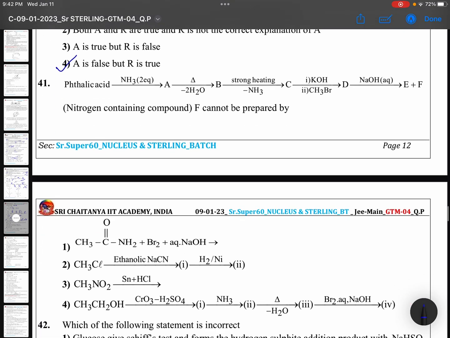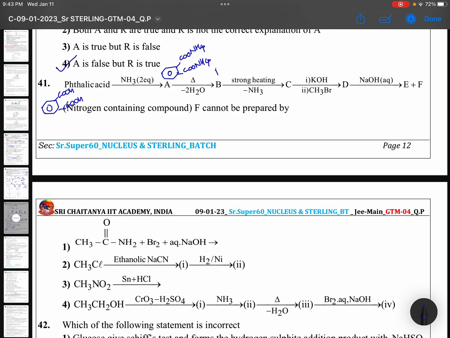Phthalic acid, okay, now with 2 ammonia. What is phthalic acid? COOH, COOH at positions 1, 2, okay, and COONH4, COONH4,